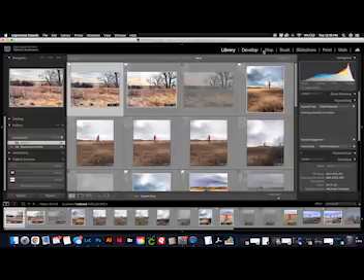Me personally, I have not used any of these other aspects, but I really haven't gone any further than taking my photos, editing them, and then handing them out for digital use. Now, if I were to be printing or doing other more upscale professional things with them, I'd probably be using print and web a little bit more. But anyway,